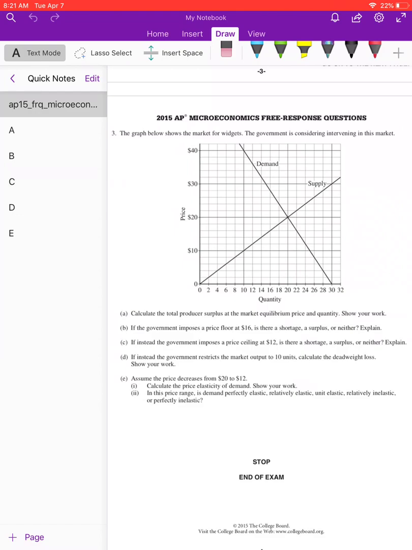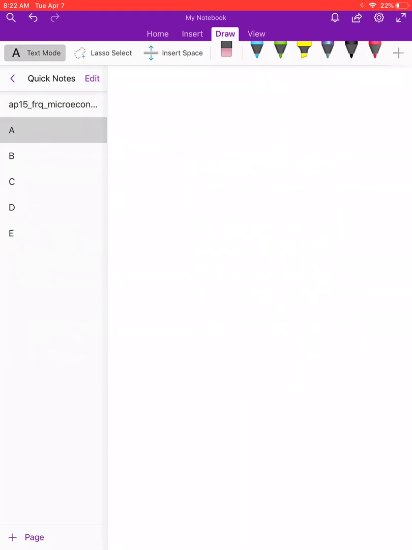Taking a look at letter A, it says calculate the total producer surplus at the market equilibrium price and quantity. Show your work. Producer surplus is going to be this area right there. This is a triangle, of course, and they want this area. That means we're using this quantity and this price. So you just have to remember that it's a triangle, 1/2